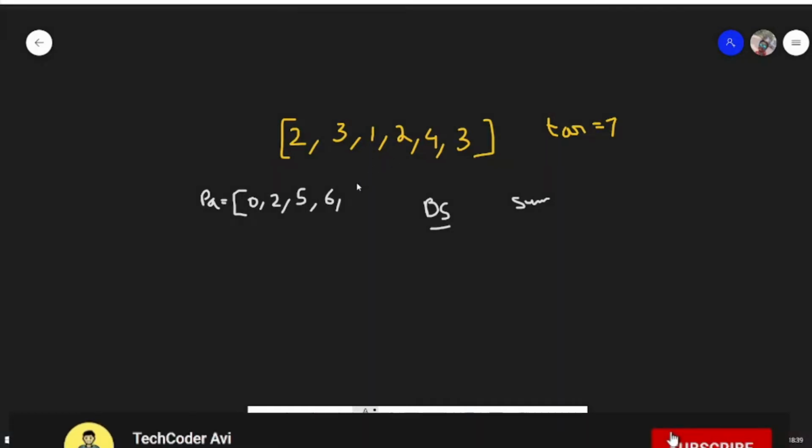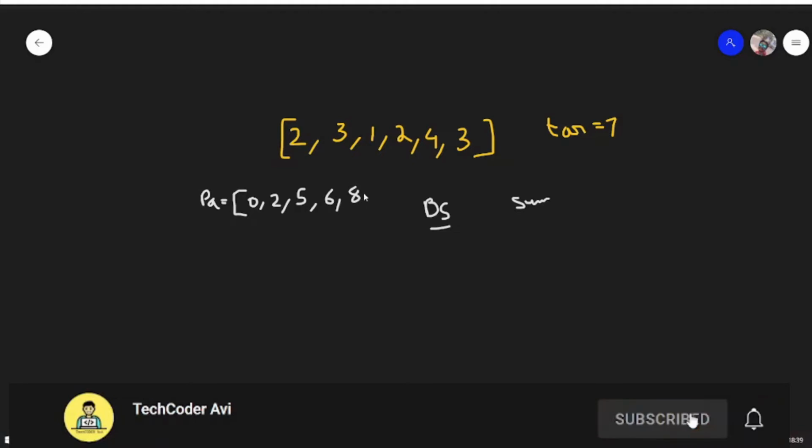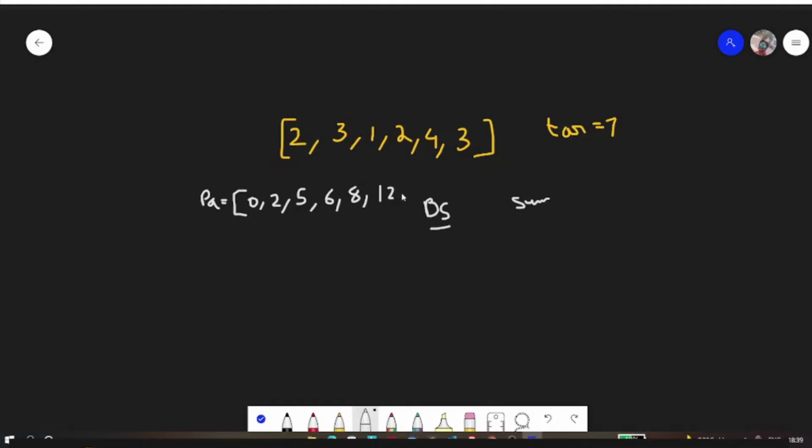Then we have 6 plus 2, that is 8. Then 8 plus 4, that is 12. And finally 12 plus 3, that is 15, right? So this is our prefix array. The length of this prefix array is 1 more than the size of the array.